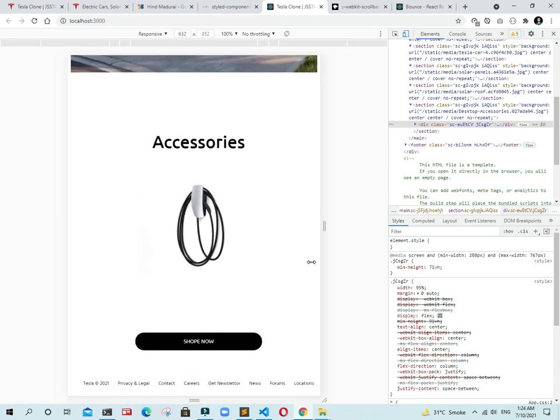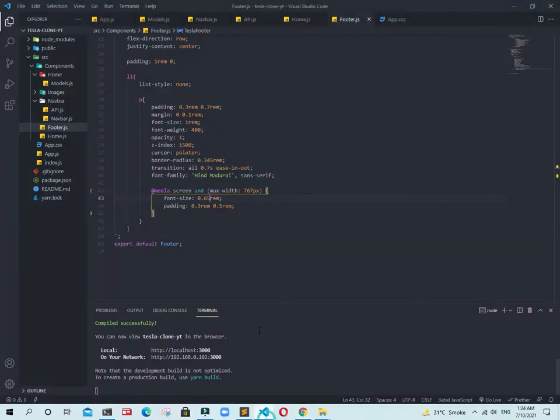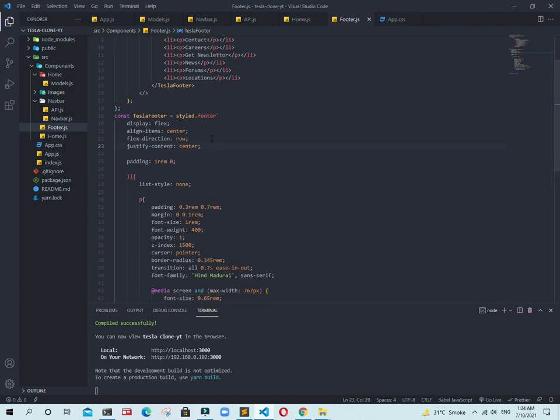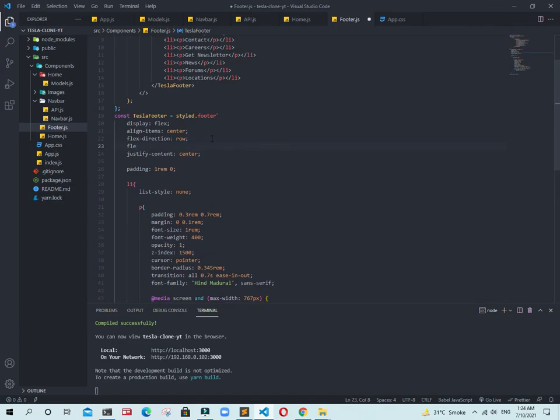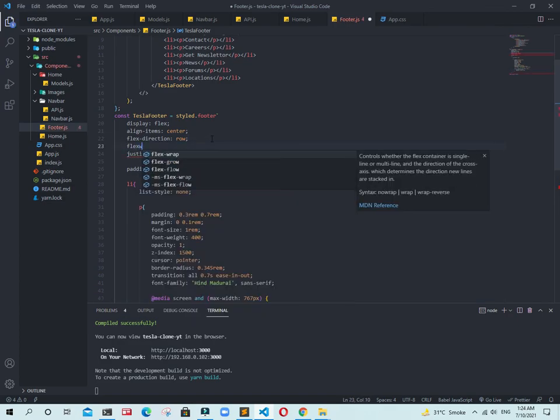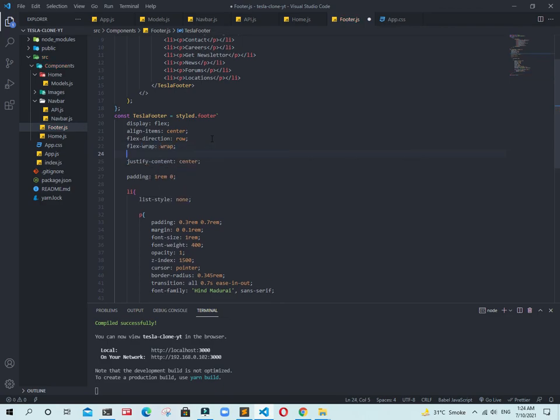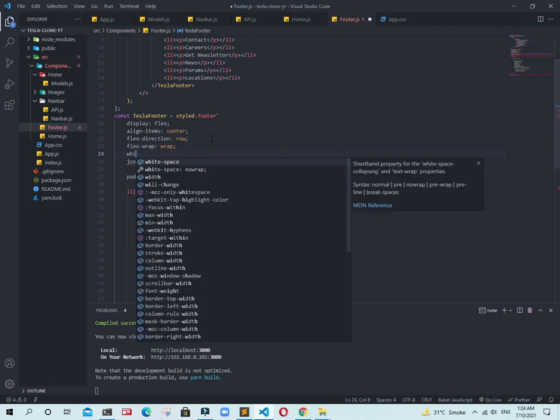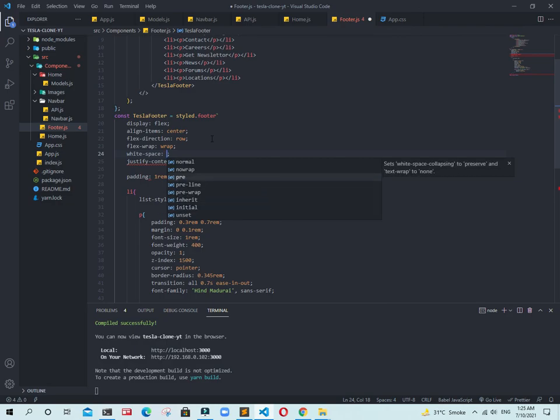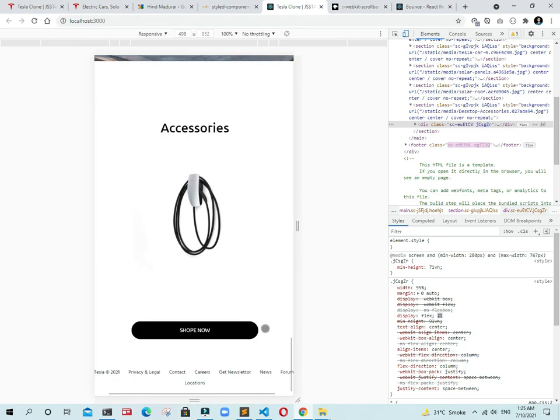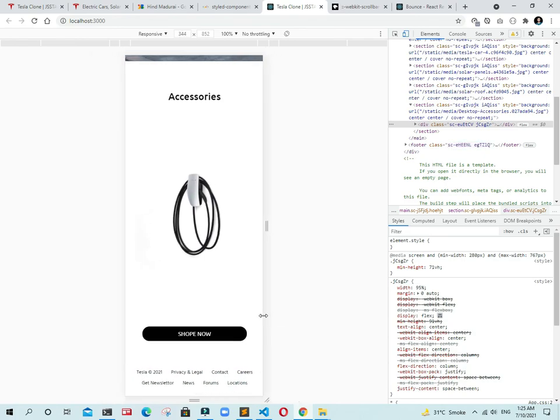It's not wrapping. We need to wrap this one. Add flex-wrap to wrap, and white-space to nowrap as well. So it is going to be there.